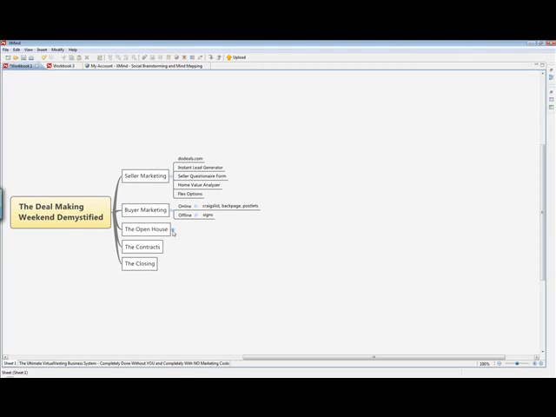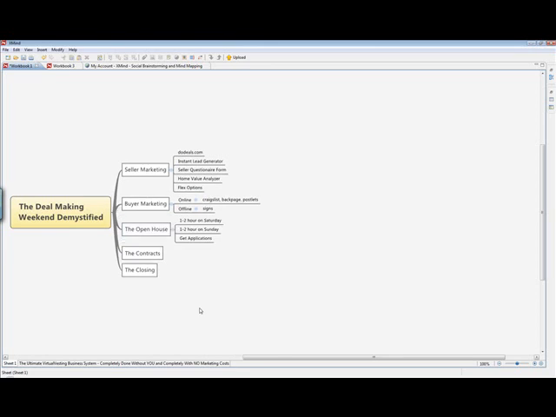So the next part now is the open house. We tell everybody that we can meet them on Saturday. What we did was we had one property that we showed on Saturday. Was it at 2 p.m., Stan? Yeah, we did it at 2 o'clock on Saturday, 3 o'clock on Sunday. Okay, so we did a 2 o'clock one on Saturday and a 3 o'clock one on Sunday. And we told all of the buyers that's when we can meet up with them to look at it. And we did.